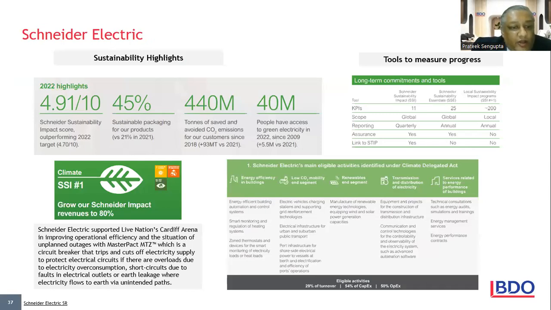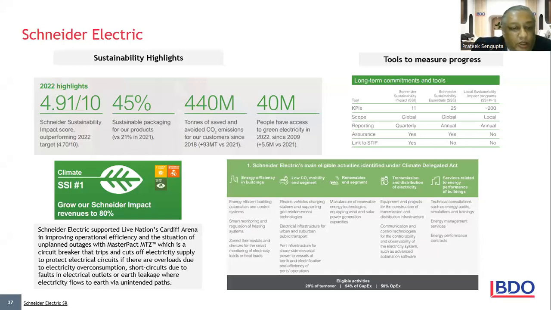Schneider's sustainability impact score of 4.91 out of 10 improved its performance from the previous year. 45% of its packaging is sustainable. They managed to save over 440 million tons of CO2 for their customers, and they've provided access to green electricity to 40 million